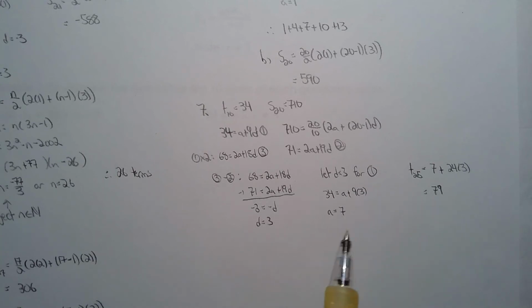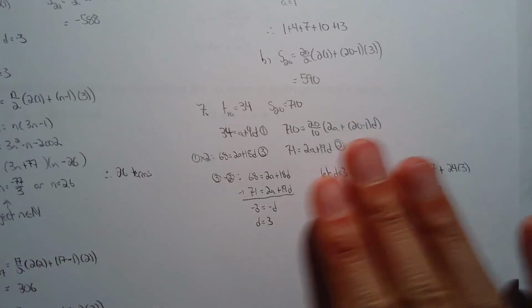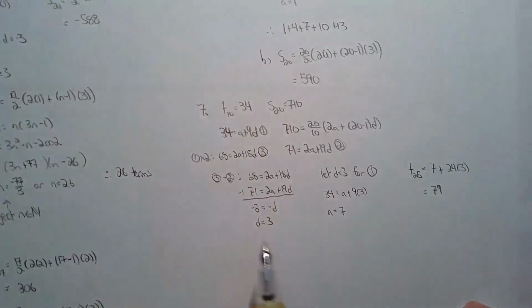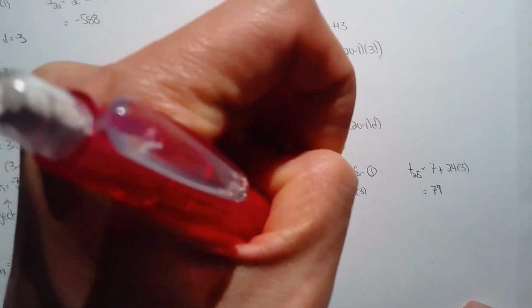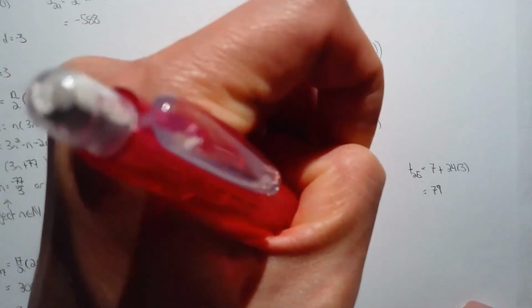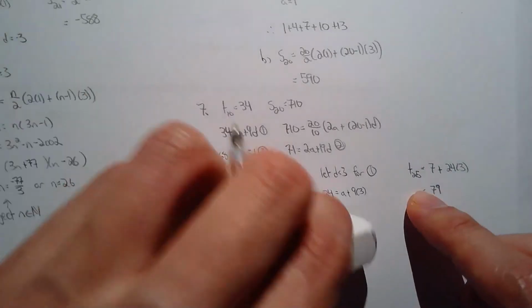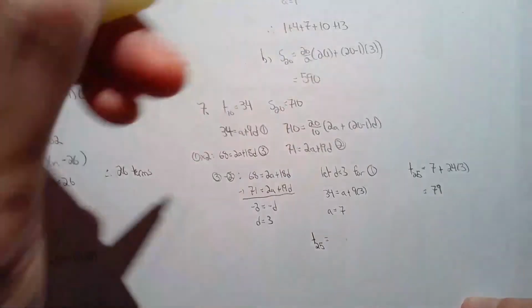So I was actually being silly. I realized you don't have to solve for A here. Remember, you can solve for the 25th term using your knowledge of the 10th term. So you know what? I wish I didn't do all this. Here's another way of doing it. If I know the common difference and I know the 10th term, the 25th term is equal to, oops, not A, the 10th term